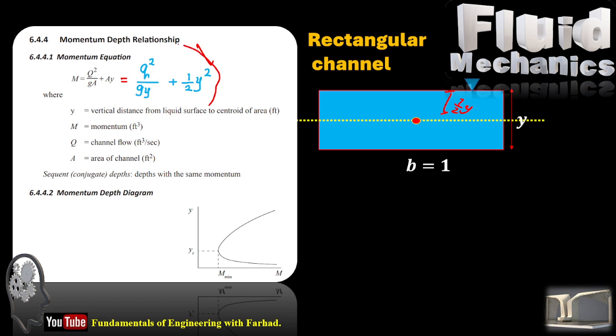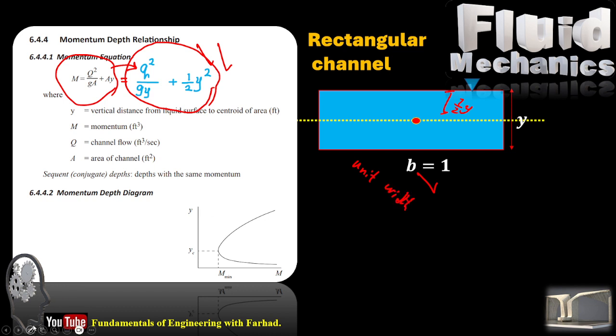So if we use this term for both sides of the equation, it should be 2y here. The only difference is we consider the total height equal to y, and half of that is half of y, so you can use this term to be consistent with our formula in this problem. But it's just a derivation of this equation. Then if your b is equal to 1 for unit width,